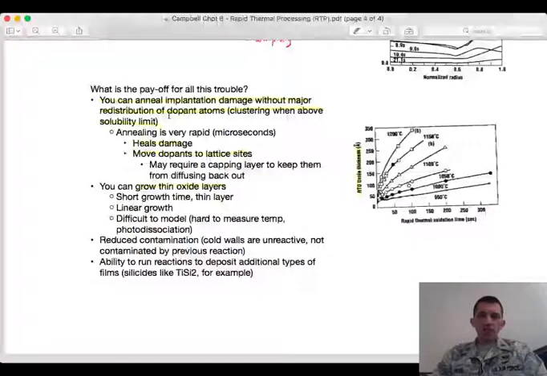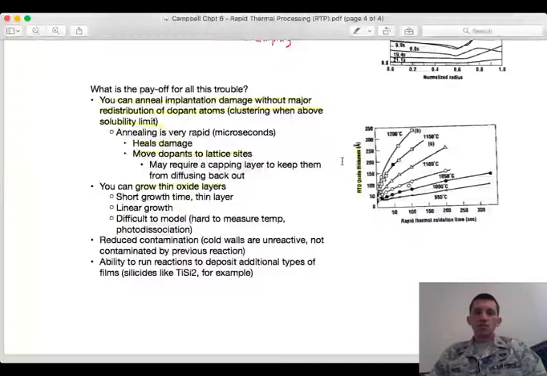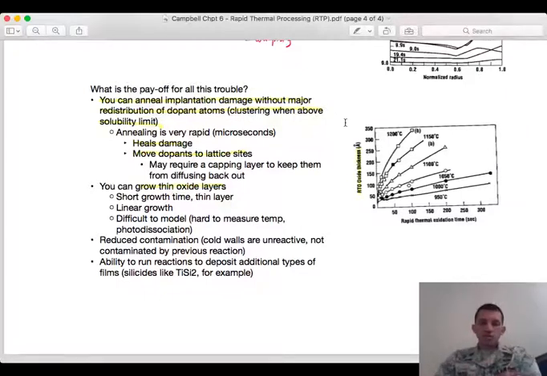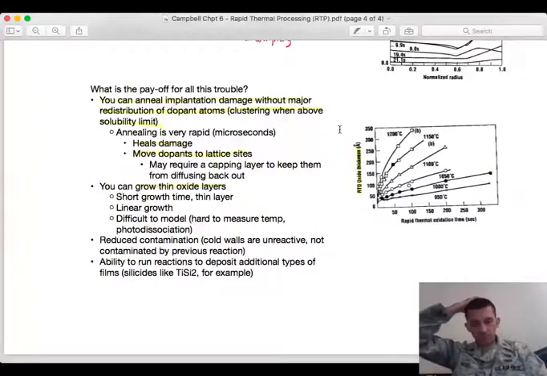And because they have a strong tendency to do that, remember, one of the reasons for doing ion implantation is because it allows us to jam more impurities than we would normally be able to diffuse in. We would be limited by the solubility limit, but we can basically shoot them in with an ion gun. But if we provide enough time and temperature, then since it's above the solubility limit, those atoms are going to come out, and they're going to cluster and form regions, basically a precipitate of that impurity